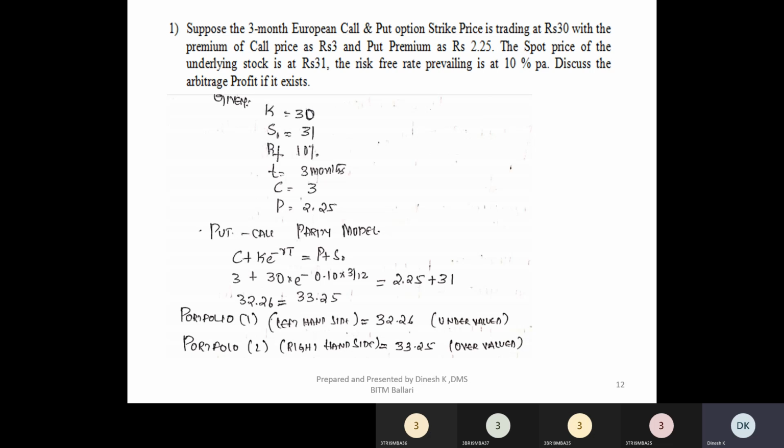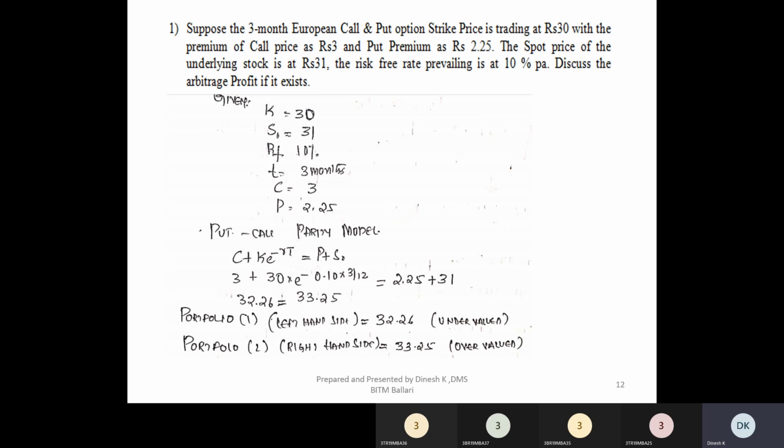That is C, capital C, the call premium, plus K, the exercise price, into e to the power of minus RT, equals put premium P, capital P, plus S naught. Now we will substitute the values. The call premium C is 3 plus strike price 30 into e to the power of minus R, risk-free rate 0.10, into 3 divided by 12, the time to expiry of the contract, is equal to